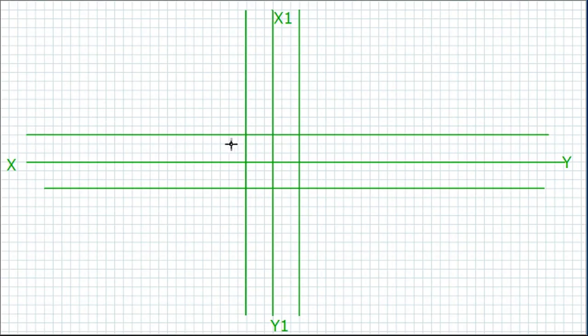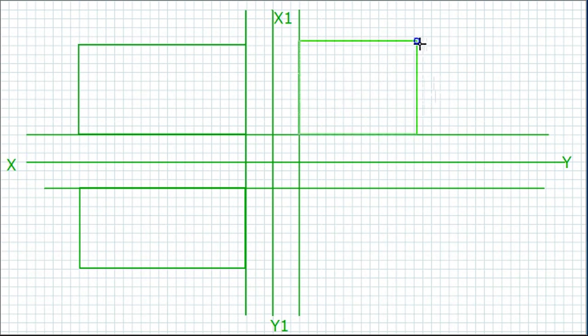First of all we will draw the block for the front view of that object. Suppose this is the dimension of that object available to us, and this is the block we have drawn for the front view, the overall size. Similarly we will draw the rectangle for the top view of that object. This is the block for the top view, and similarly now we can draw the block for the side view of that particular object. It can be drawn like this.